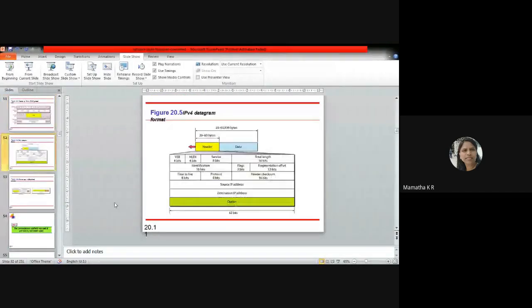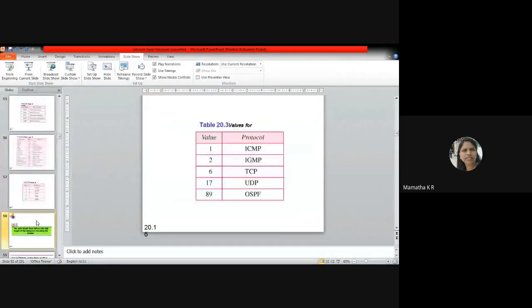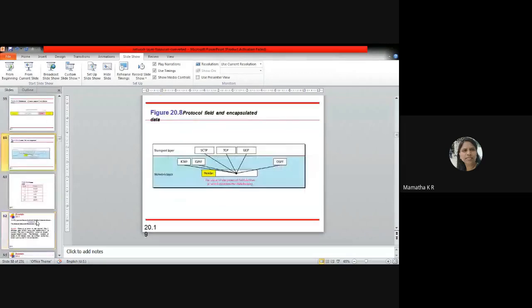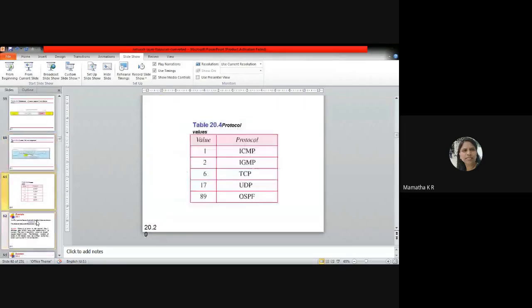First 4 bits indicate version, next 4 bits indicate the header length. And I told you header length, minimum it should be 20 bytes, otherwise it is going to discard. Because of this, in this problem, we will actually discard it, because it is less than the bytes. Okay, so this problem you have understood, and then we will go for this problem.